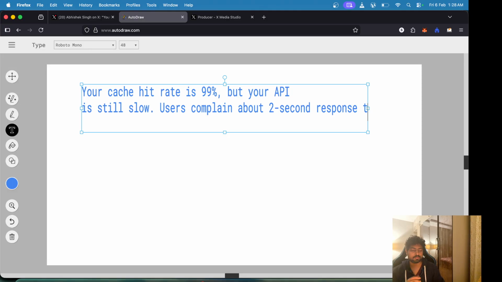and the request comes to our backend system. So this is our whole backend system, where we have our database and then a Redis cache on top of the database. Whenever a request comes in, it hits Redis and tries to do the lookup in Redis itself. And 99% of the time you are able to find the data in Redis. But for the 1% of the time that you are not able to get the data, the request goes to the database.